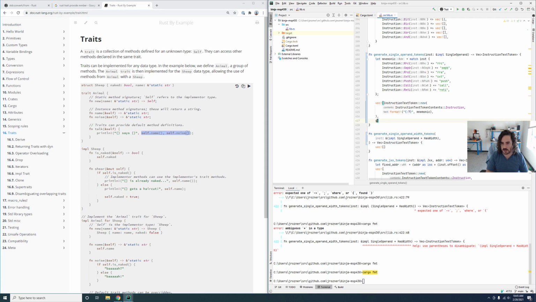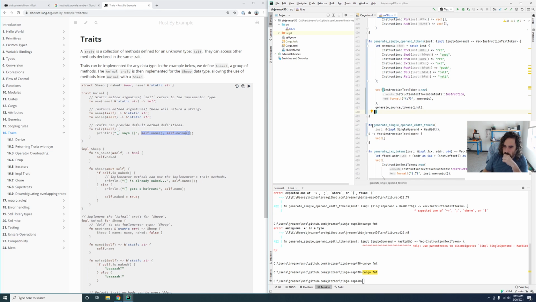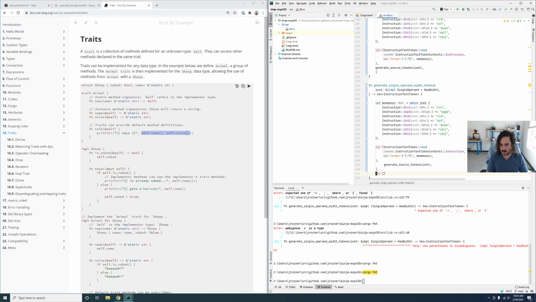What we do need is generate source token inst, and this ends up being effectively the same thing. The only difference is that